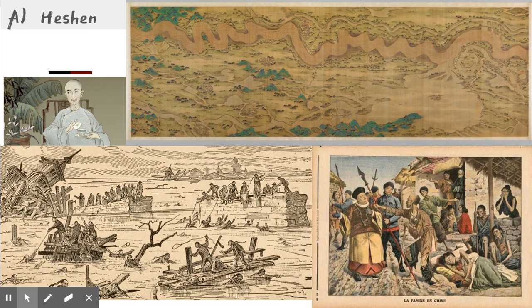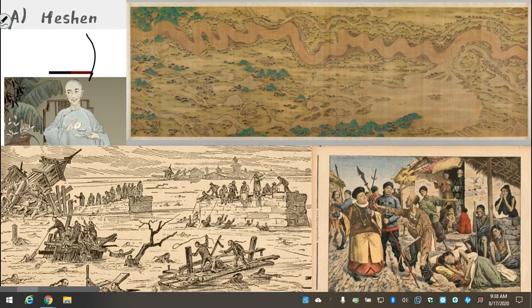But despite all the good that happened in the early part of the Qianlong Emperor's reign, he ruled for, quite frankly, too long. And in the latter half of his years, he handed off power to a man named He Shen, who we see depicted here, who ended up being one of the most corrupt officials in Chinese history. Rather than using all the money coming in for building projects that would make people's lives better or defending China from its enemies, He Shen pocketed most of it and spent it on lavish ceremonies and palaces for himself,